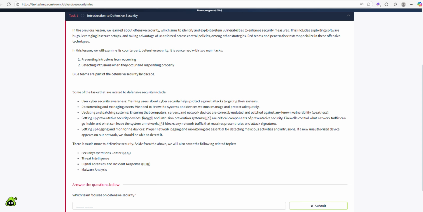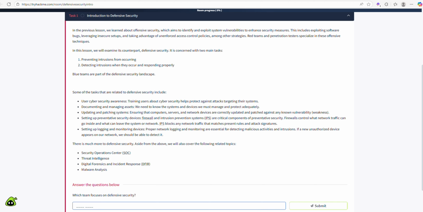So with this particular lab, some of the tasks related to it are to focus on user awareness, knowing how to document and manage your inventory, like your assets that you have, how to keep your operating systems up to date with patching, how to set up preventive security devices, like how to enable your firewalls, how to use your tools like the intrusion prevention systems to critically prevent intrusions, also using firewalls to filter out traffic,